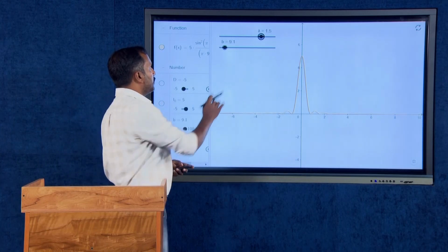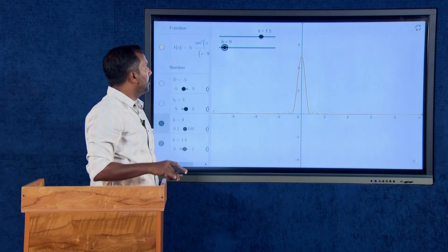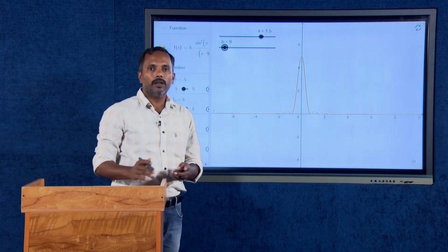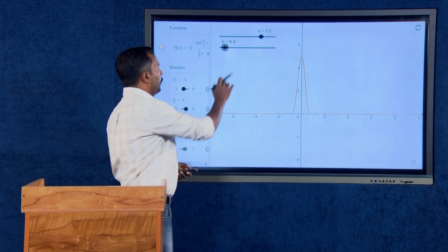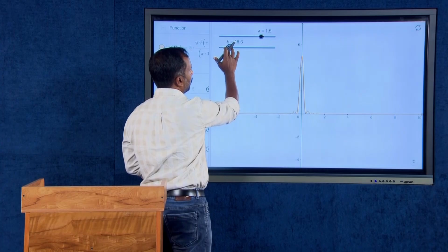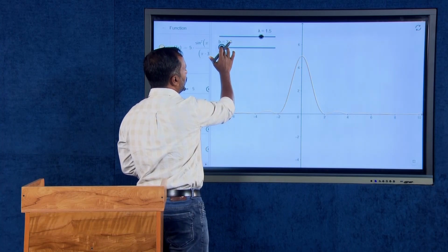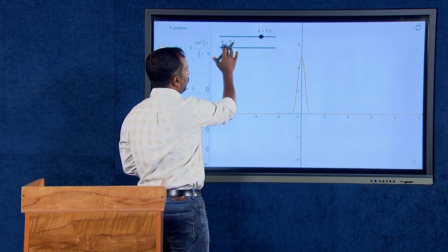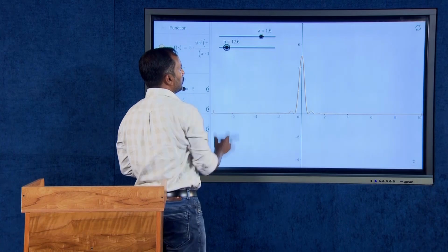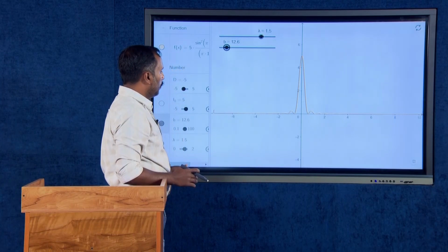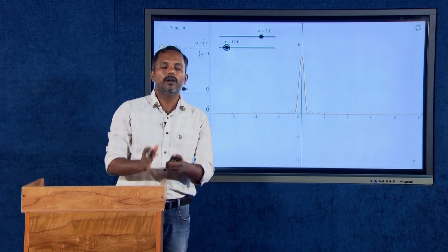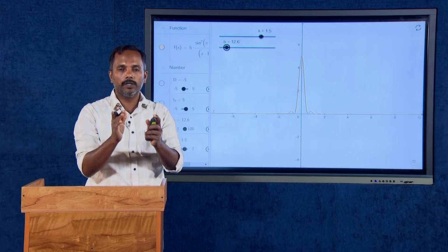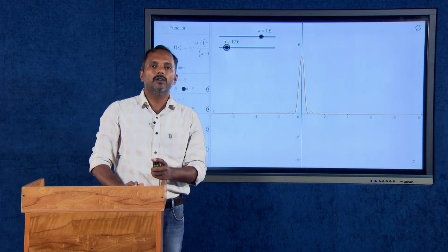Now, what happens with the slit width variation? See here, if we increase the slit width, you can find out how the width is varying. If I am increasing the slit width, then obviously the width of the central maxima decreases gradually. Well, so I hope you understood how the width of the central maxima varies with the slit